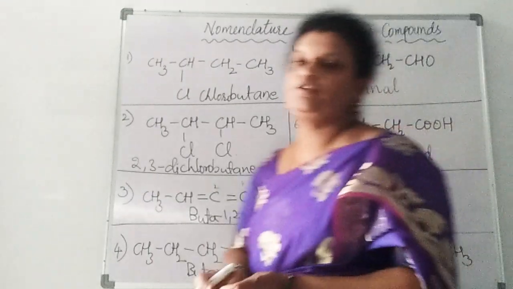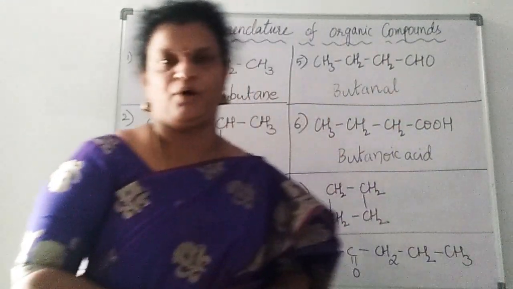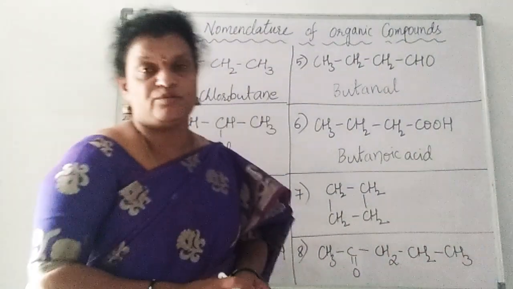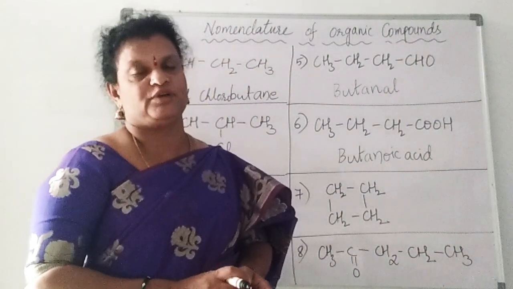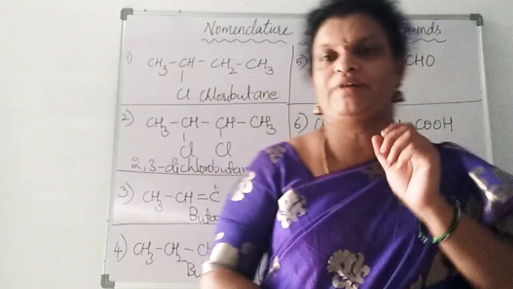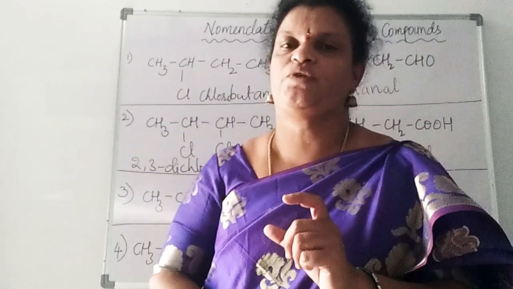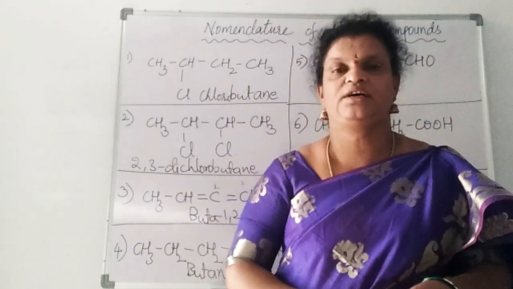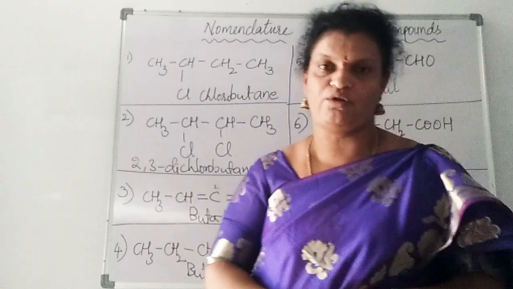Here it is present in the form of a cyclic compound. Since it is a cyclic compound, we have to mention the primary prefix. What is that primary prefix? Cyclo. If it is present in the form of a ring compound, one ring is found, cyclo. If two rings are found, bicyclo. Three rings are found, tricyclo. Like that we have to continue.